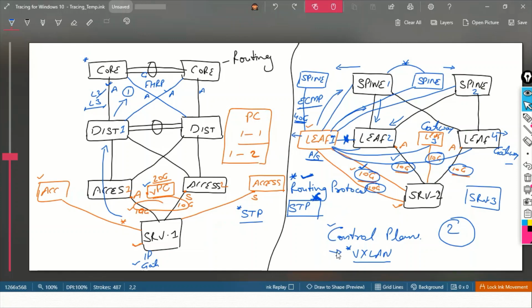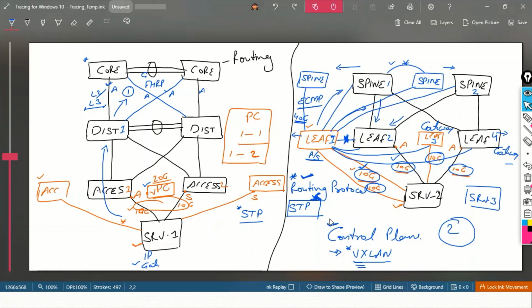The same control plane mechanism is running on the spine device as well, right? So spine also has visibility of what all things are connected. So that's a design flaw, you could say, that if we want to run a control plane such as VXLAN or some other protocol, we have to stop connecting similar kinds of devices, right? We'll discuss the control plane section in the control plane class.